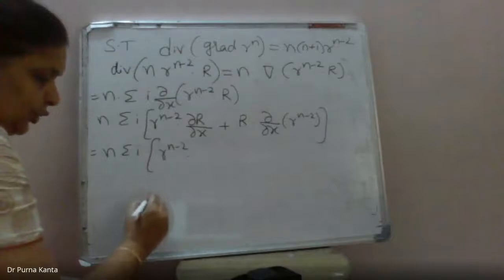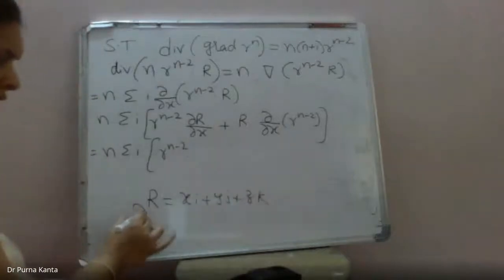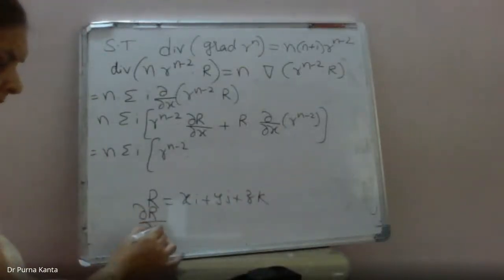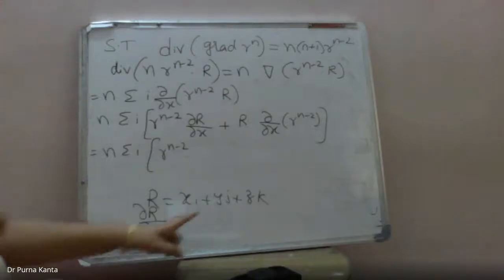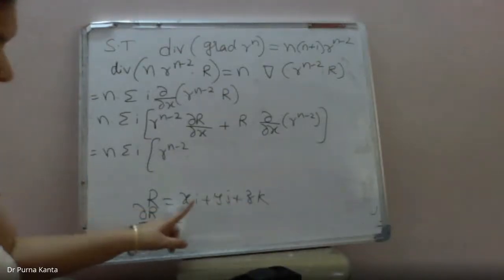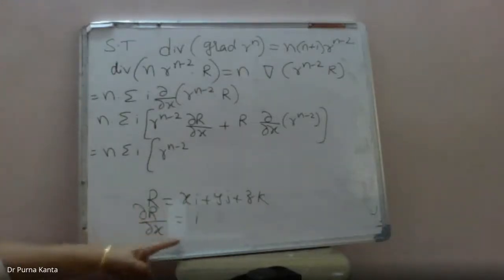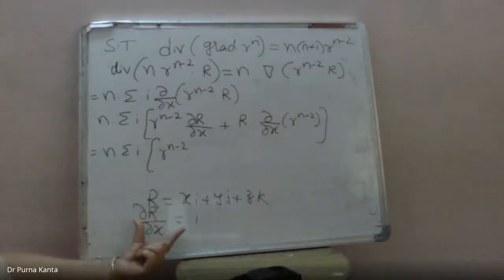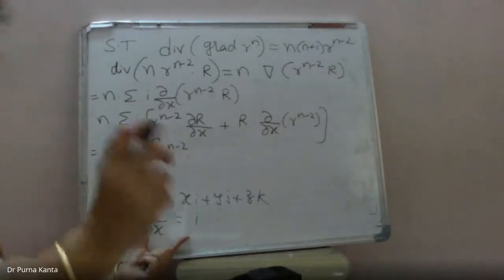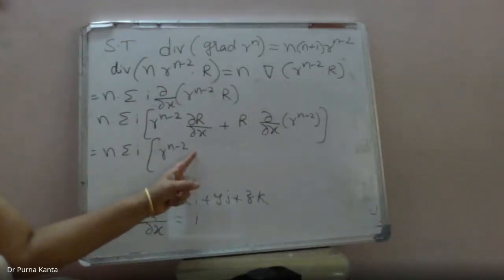Correct, i. I will just show you. See, capital R is equal to xi plus yj plus zk. If you are asked to calculate dou capital R by dou x, the derivative with respect to x, y and z are constants, so those two derivatives become 0. Only this value you have to calculate. i into the derivative of x, which is 1. So dou capital R by dou x is equal to i. You write this in a small box on the right hand side of the book, so it is easy to understand how I have written this i over here.